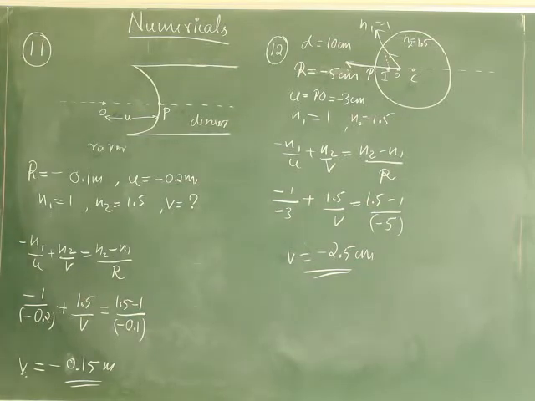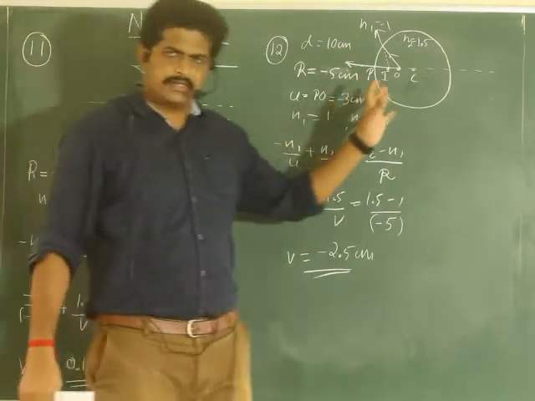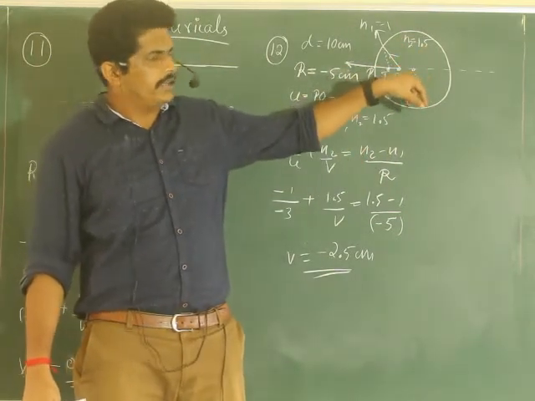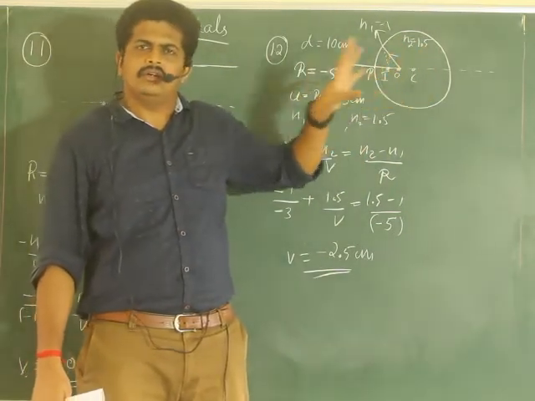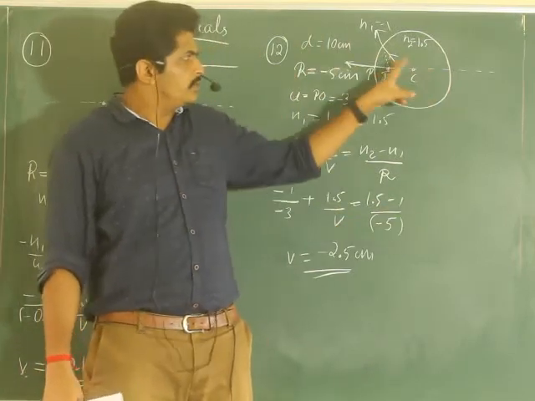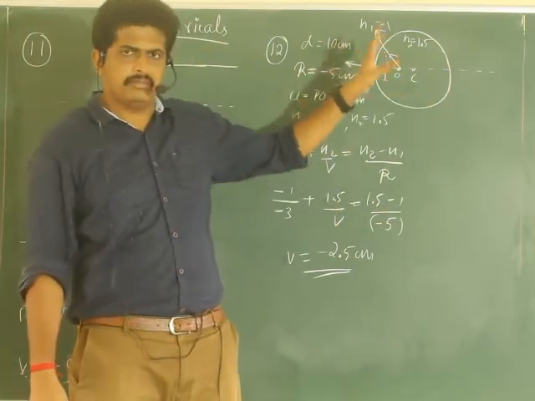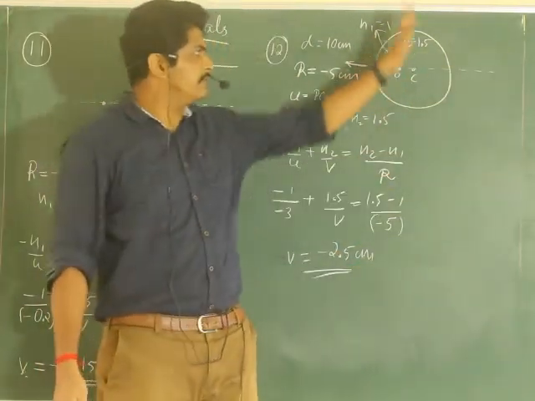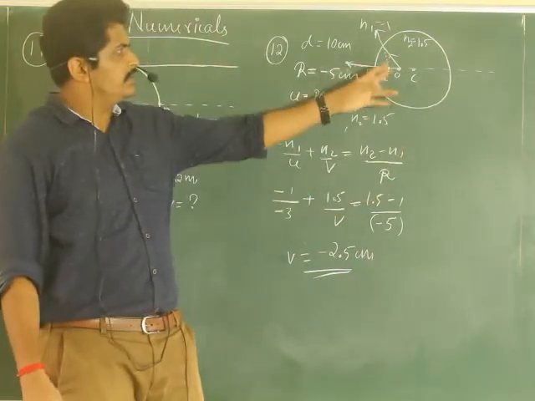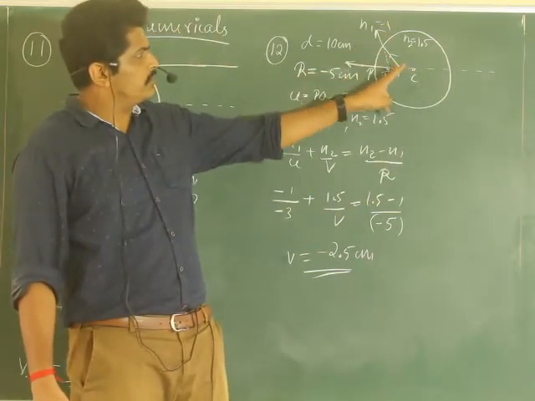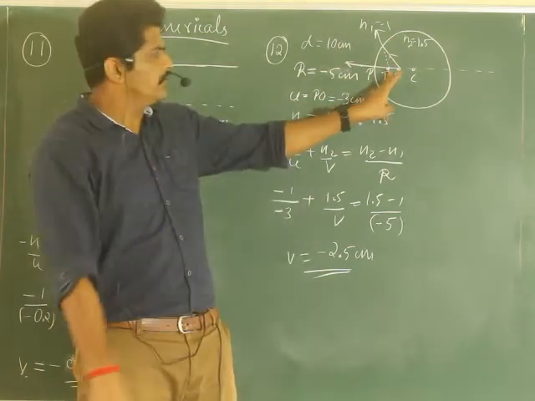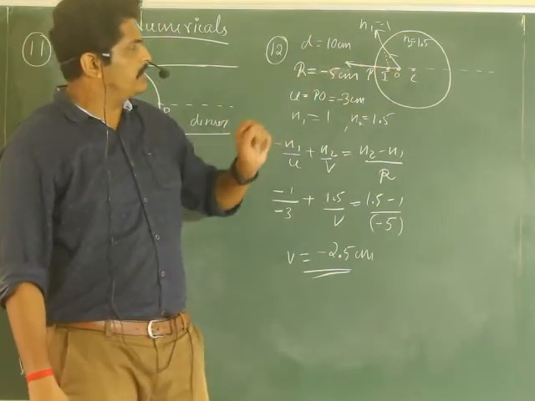I think the diagram is familiar to you. A glass sphere is there, and inside that glass sphere there is an air bubble at a distance of 2 centimeter from the center. From the center to here, the actual diameter we know is 10 centimeter, which means the radius should be 5. That is the radius of curvature itself of the spherical refracting surface, this face. Like that, the ray of light goes like this and bends away, so the object looks like it is somewhere here. Because of refraction, it's nothing but the normal shift concept. Then one more ray will go like this along the principal axis.